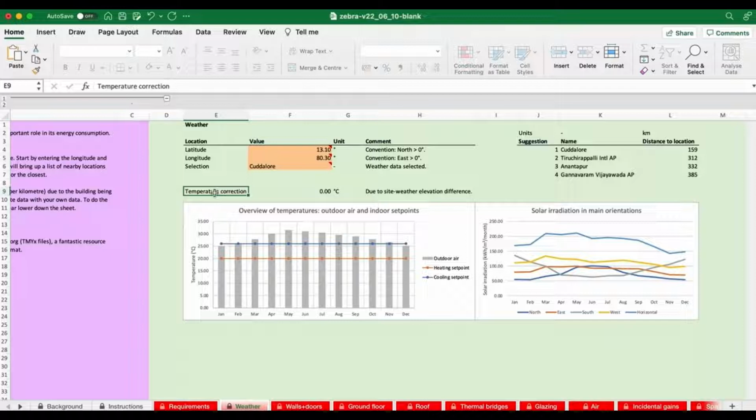We immediately see that we're displaying the outdoor air temperature, and this is the mean temperature in the month. So it's not a minimum and it's not a maximum, it's just the mean over 24 hours, 31 days a month or whatever, for that location. We also see the set points being displayed for our building, and they're the default ones because we haven't set any others yet. And on the right, we've got the solar irradiation with the main orientations of the building, so northeast, southwest, and horizontal. Now that doesn't include any shading from surrounding buildings or trees or hills. Okay, so that's just the raw data looking in those compass directions.